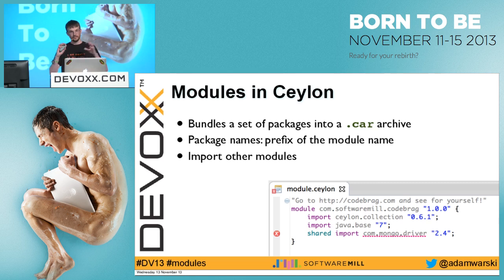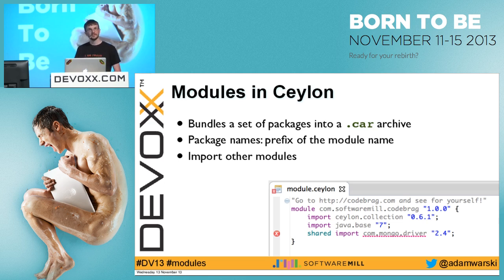When you compile a Ceylon module, the result will be a number of .car files, or archives. Car is Ceylon archive, and there will be one for each module, right? The name of the module should be the common prefix of all the packages contained in the module. So again, the reverse domain convention should be used, and hence, all packages should start with the name of the module, right?